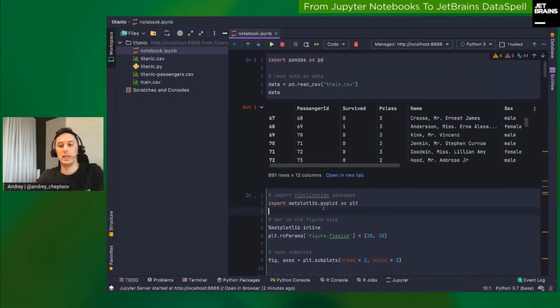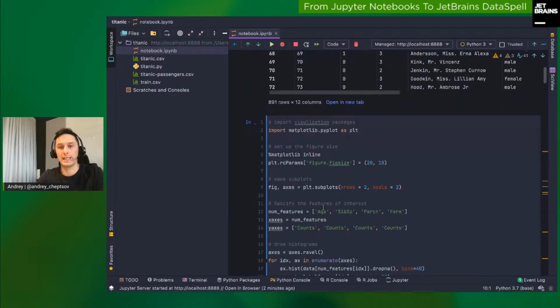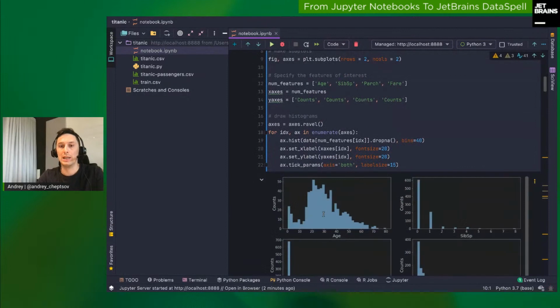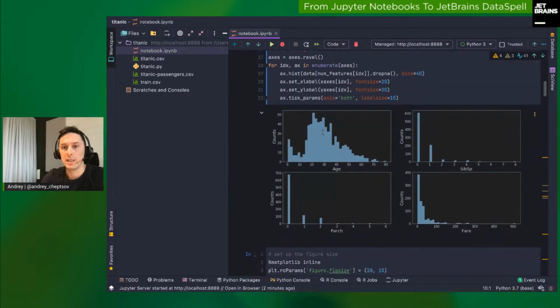And of course, the visualizations work exactly like in Jupyter Notebook, right? So let's run this cell, and what we see here is the Matplotlib output. This is a static one, but